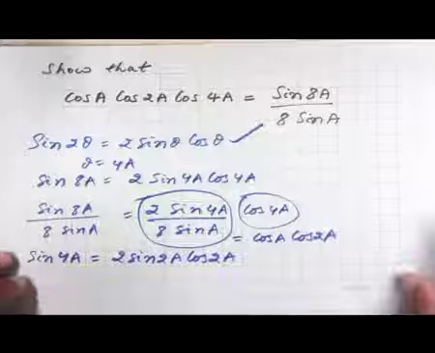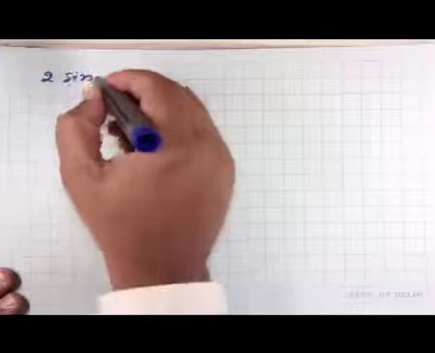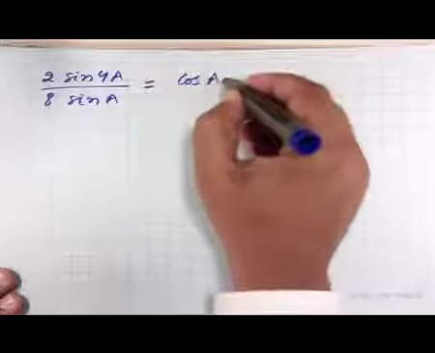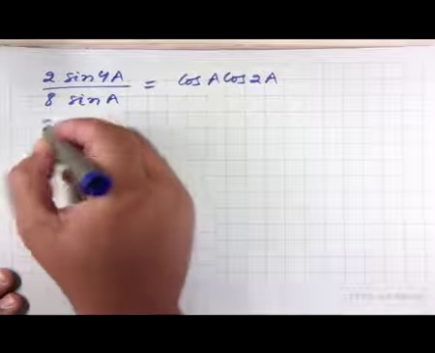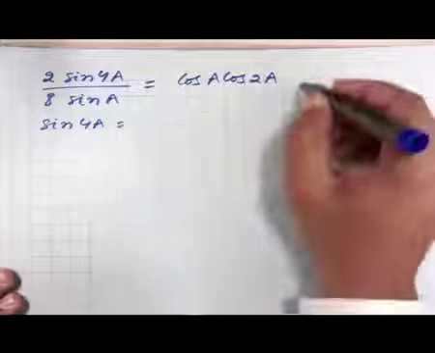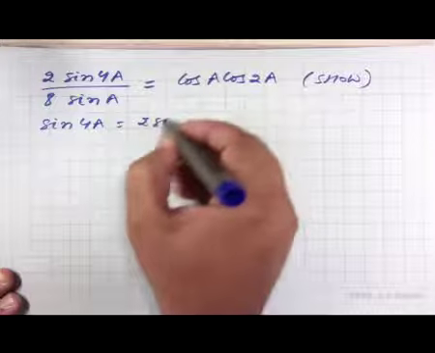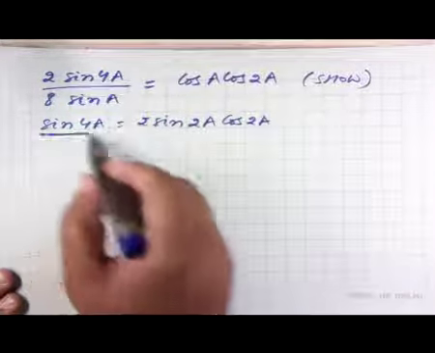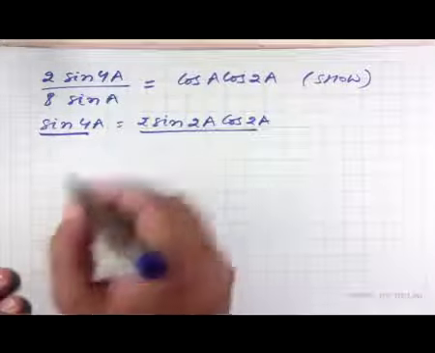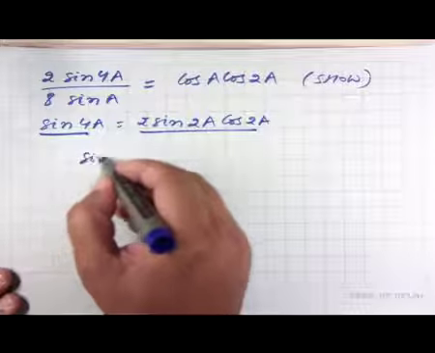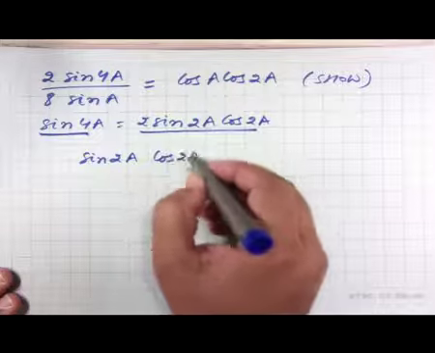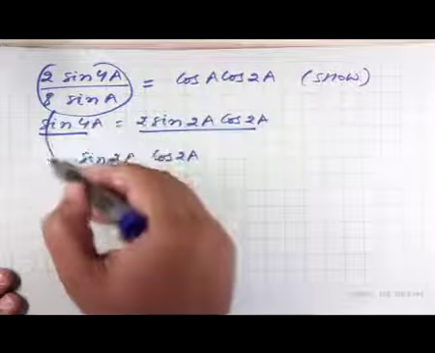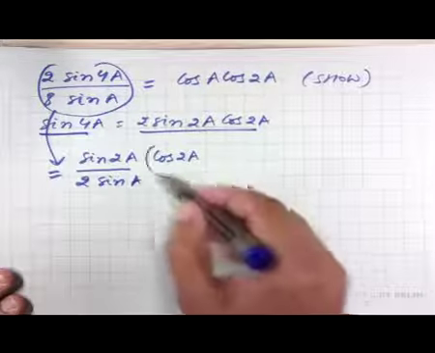So, therefore, we have to show that 2 sine 4a upon 8 sine a equals this, so this is what we have to show. And just now we derived this expression, we wrote that sine 4a is 2 times sine 2a times cos 2a. So, now replacing this sine 4a with this over here, what we end up getting is sine 2a into cos 2a upon 2 sine a. So, this thing is equal to this, and you can see that now we also get this cos 2a term here,